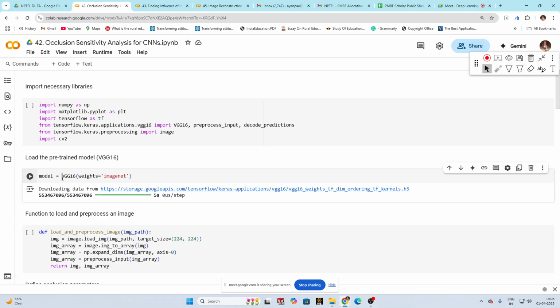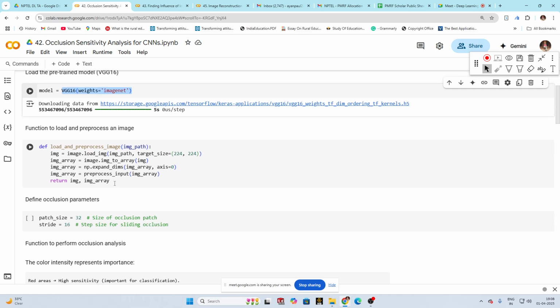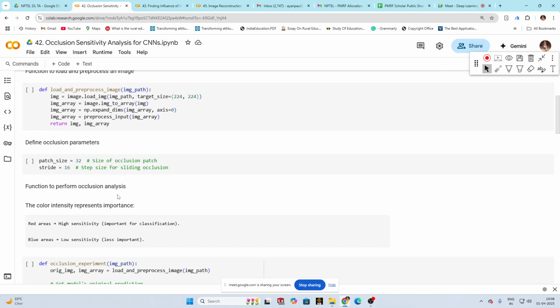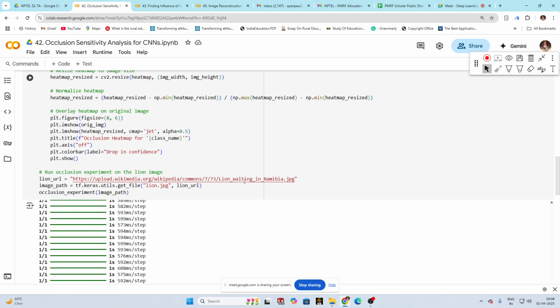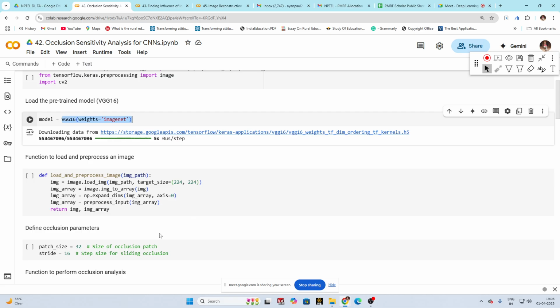Okay, VGG16 we will import. We will load an image, like any image you can load from the internet. This is how you can load an image, just by giving a URL. So where I have given the URL, yeah, this is the URL. Just giving a URL of the image, you can load the image. Then what we are doing is